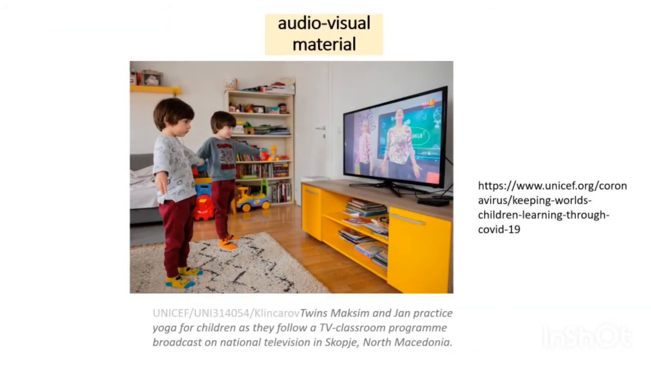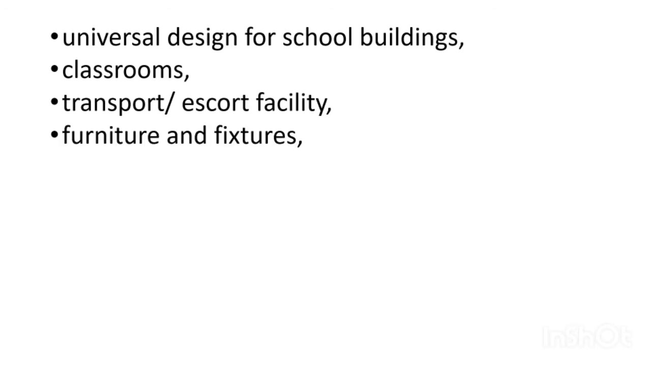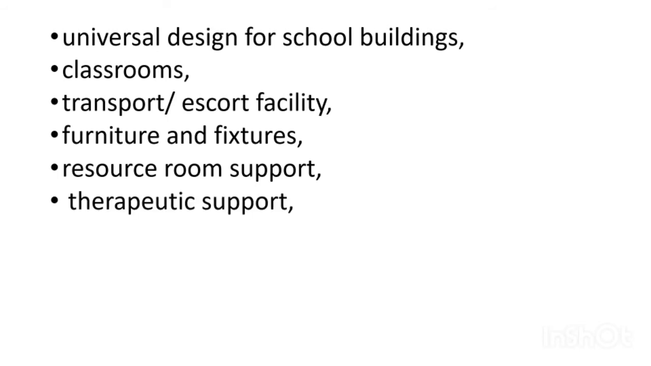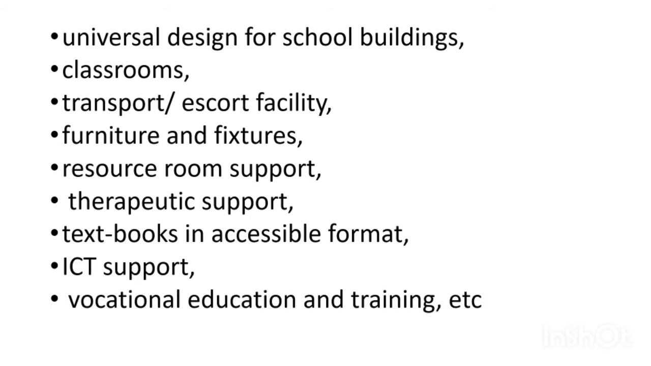Use of the audiovisual material. This is also included in assistive technology for children with special needs. Another is universal design for school buildings, the classrooms, the transport support facility, the furniture and fixtures, the resource room support. These all must be present for the welfare of children with special needs. Moving on, therapeutic support, textbook in accessible format, the ICT support, and of course, the vocational education and training must be provided for